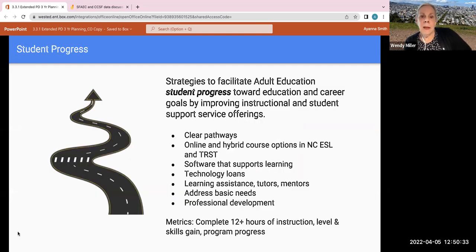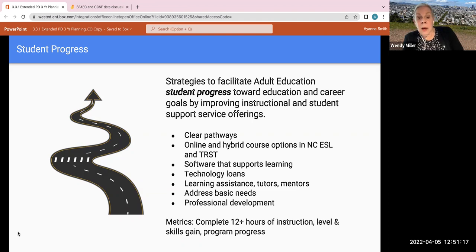Next slide. Our second big goal, student progress. Facilitate student progress towards whatever their goals may be. Strategy number 1, clear pathways. Provide some clear pathways for our non-credit students. Empower them to map their own progress and give them help along the way. We're continuing to develop online and hybrid course options in non-credit ESL and transitional studies. We've used a significant number of our AEP dollars to develop a fully online ESL and fully online high school